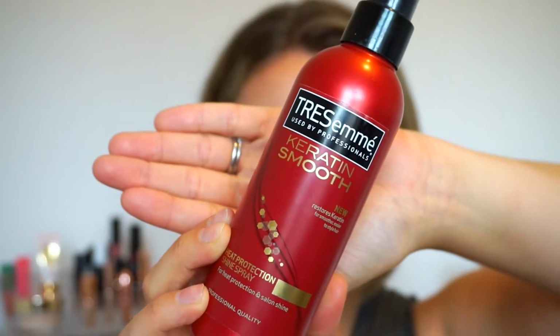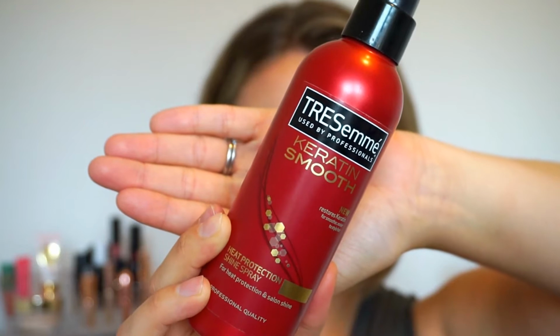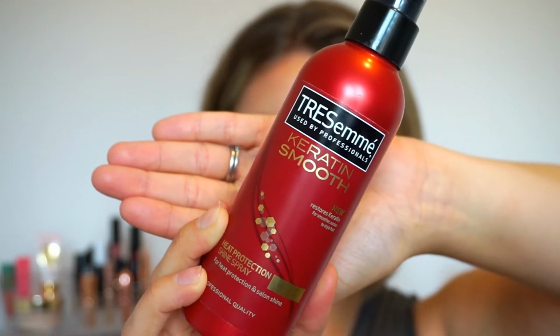And then the last heat protectant that I use is actually a very new addition, and it is the Tresemme Keratin Smooth Heat Protection Shine Spray. Now this could be an older version because my sister actually gave me this, which was very kind of her, and I initially wasn't going to take it because I was like, oh no, I've already got a couple of heat protectants that I use, I don't really need another one. But then I was like, it'll be good to try it out,